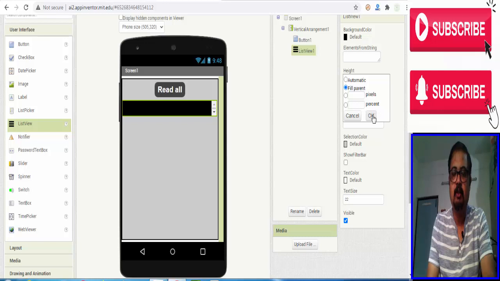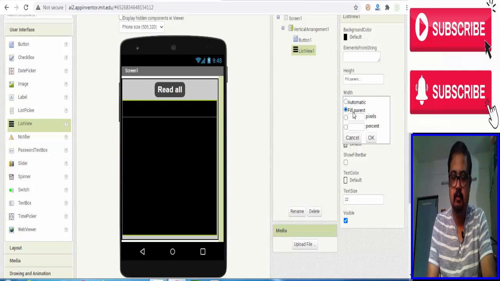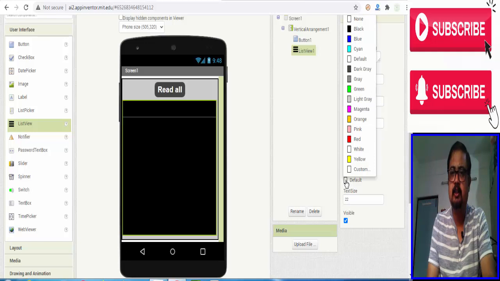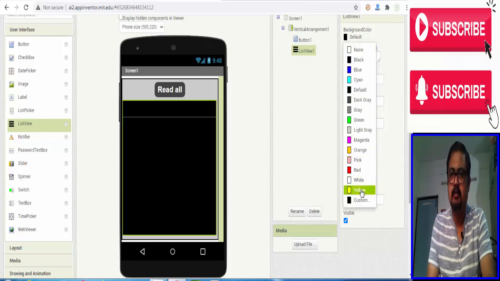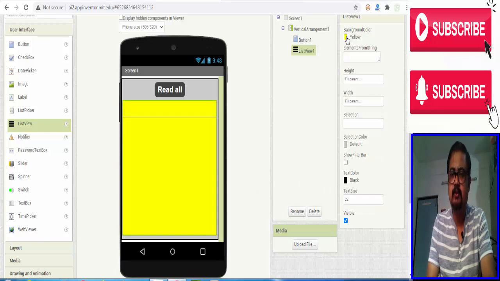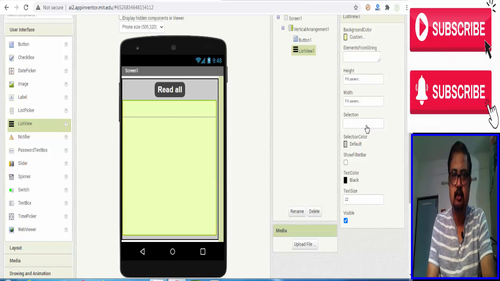We have to set fill parent with fill parent, and text color we make black, and background color we go for any light color. For that let's click on yellow first and move to custom, then you drag it to whatever color you want and do done.